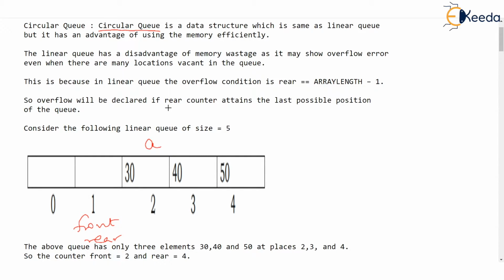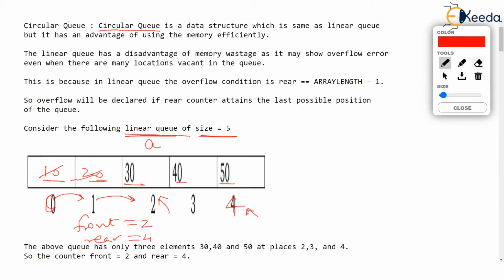Now to tell you what is the difference, you watch this linear queue. The diagram that you are finding is of linear queue of size 5. So only 0 to 4 elements are possible because size is 5. And just imagine the elements standing right now are 30, 40, 50. So front is 2 and rear is 4. I hope you understand this is the frontmost, this is the rearmost. Don't get surprised what happened to these elements. These elements may have been there earlier, but we have deleted them. And you know every deletion is going to increase the front and front has reached 2. So this is the condition of the queue right now.